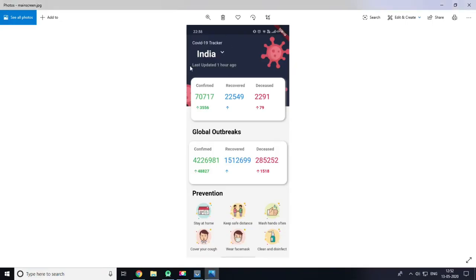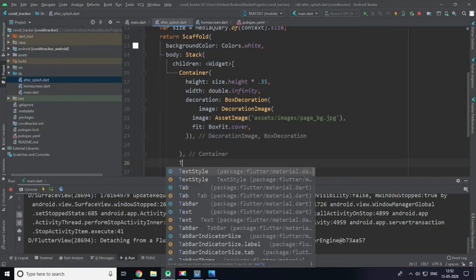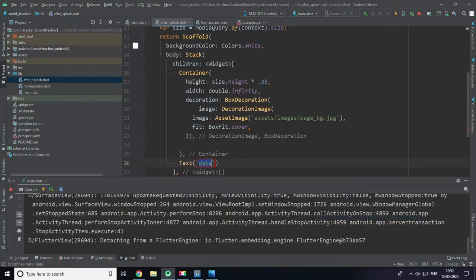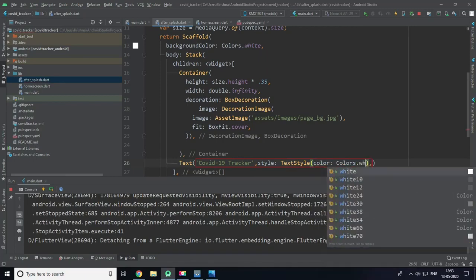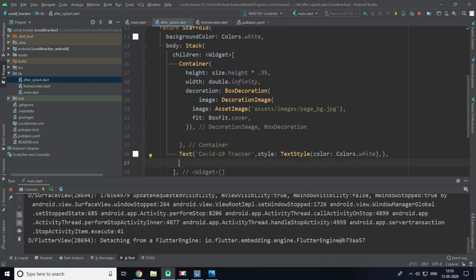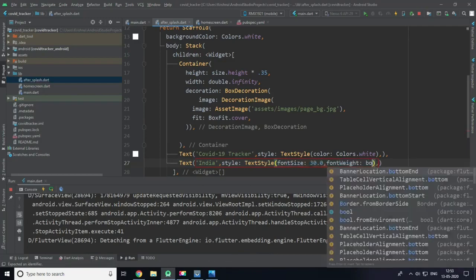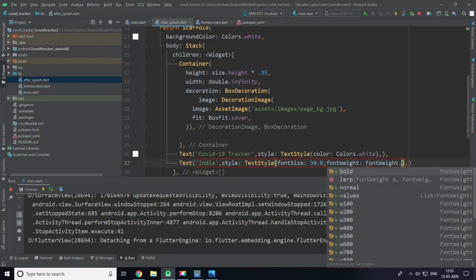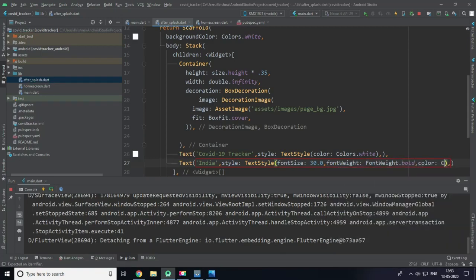Now we have to add these text fields. So now what I'm going to do is create a text field with the text COVID-19 tracker and style it as TextStyle with a color of Colors.white, and another text field which is a country name, suppose India, and give it a size of 30 and font weight bold and a color of Colors.white.